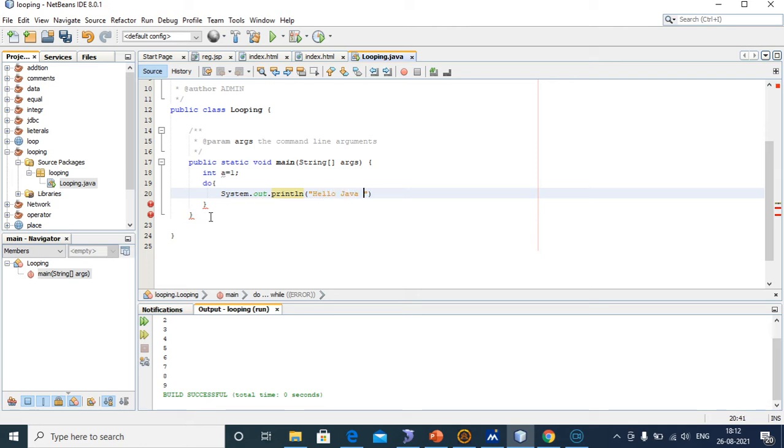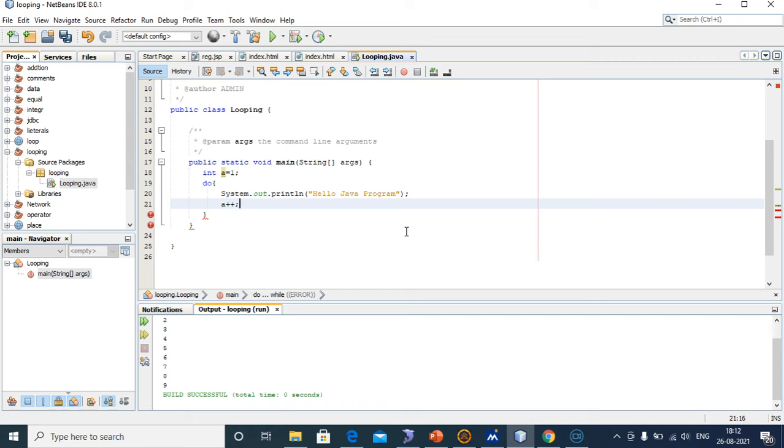Hello Java program. I will give the print statement like Hello Java program. Next, this is the print statement. After that, I will give the condition for incrementing the value, a++. Next, I will give the condition while